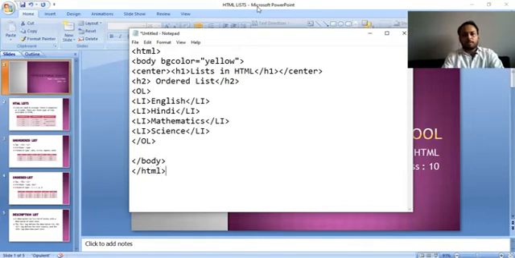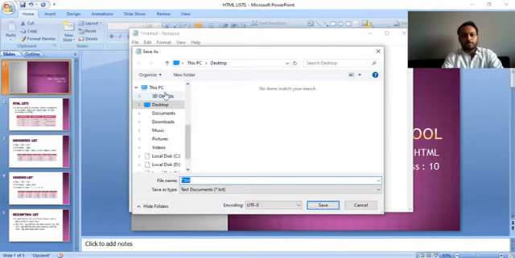Save this web page on the desktop as Lists.html. What is .html? It's the extension of an HTML web page. So it's on the desktop.